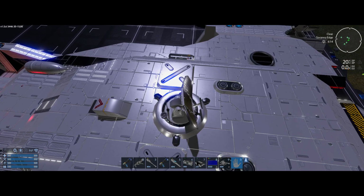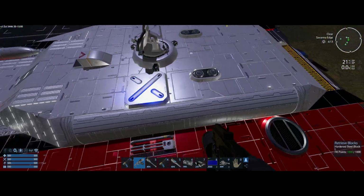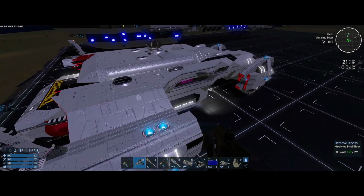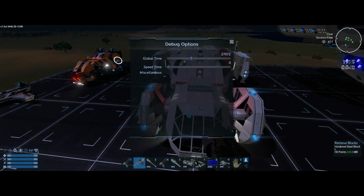And I want to see, is this okay? That's deco. Okay, so yeah, wasn't sure. I believe this is a vanilla build as well. Very cool ship. Awesome work on that. All right, so the next one